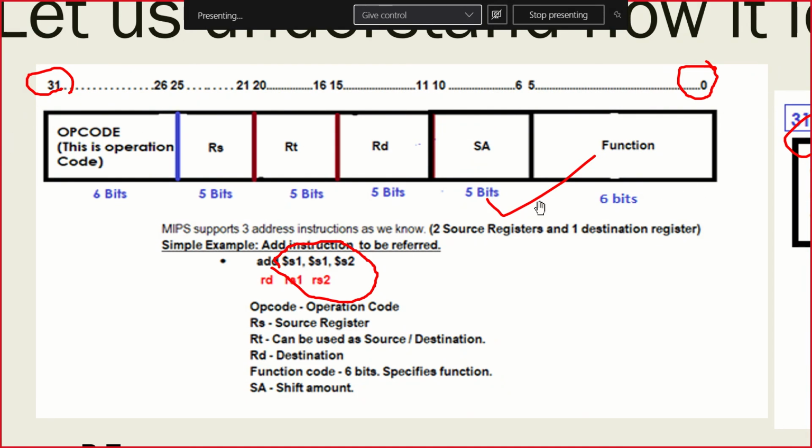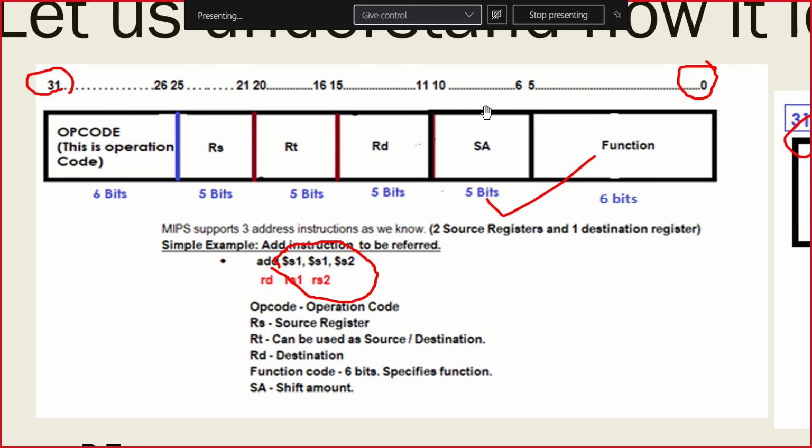So I'm going to go the same way. The function bits are the first set of bits, from 0 to 5. It specifies what is the function that we are going to operate, what is the operation that we are going to do. This is called function. Opcode and function are different. We'll see that a little later. Don't worry for now, but understand this is the function field, 0 to 5. The first 6 bits are called the function bits.